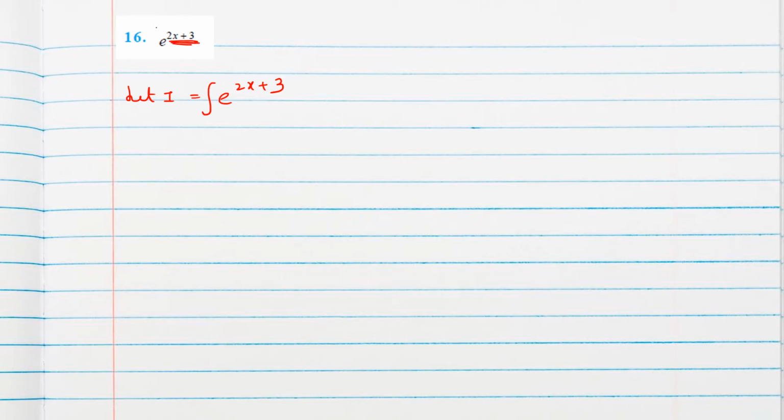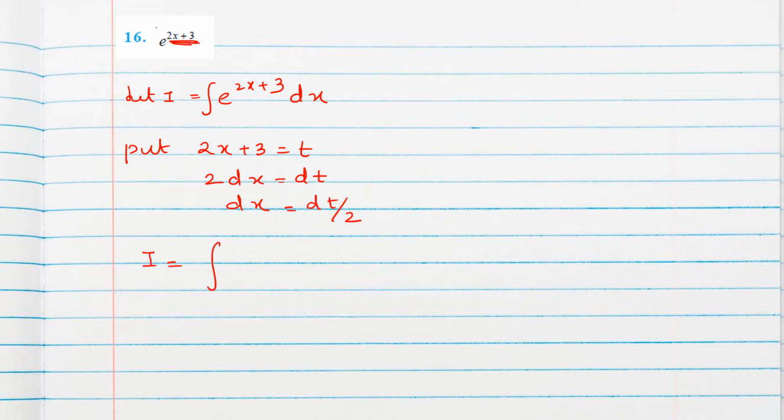And if you want to do it with substitution, we can do using substitution also. So that time this power we should put as t. So 2 dx will be dt. So 2 is not there in our question, only dx is there. So we will write dx as dt by 2.